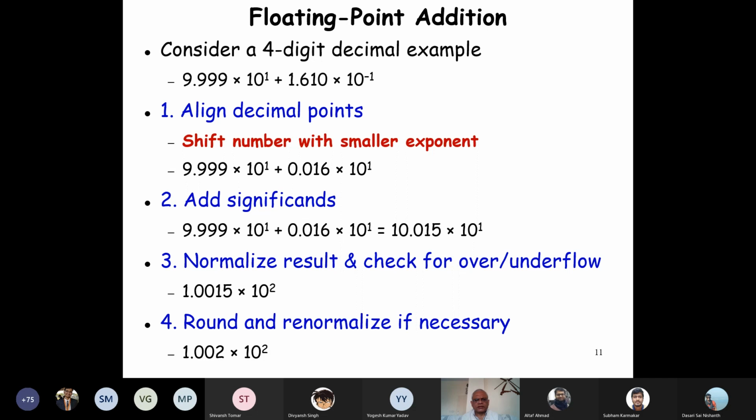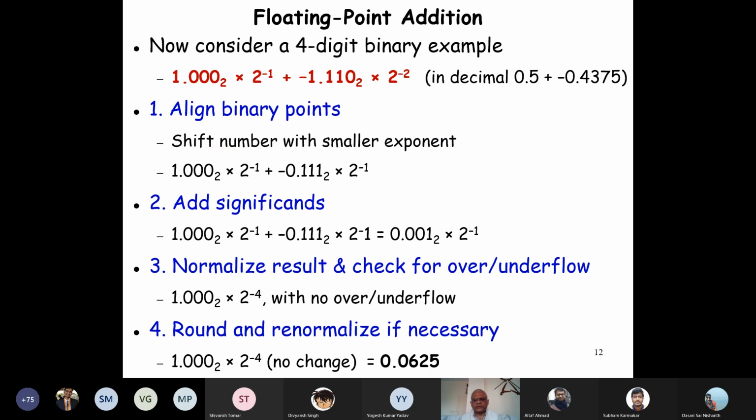And then we might have other than a single digit before the decimal point. And then we make it normalized again and then round it and re-normalize, because we may not be able to express the precision that we're getting here. So this is typically the step in a hardware implementation. We're not going to really look into the exact way it is represented, but we'll look at the overall idea